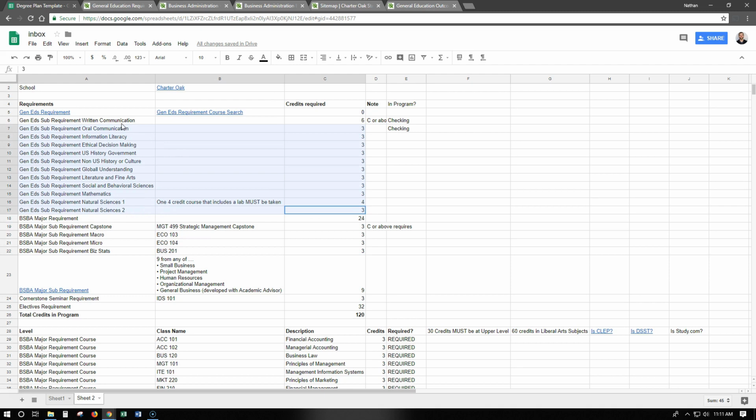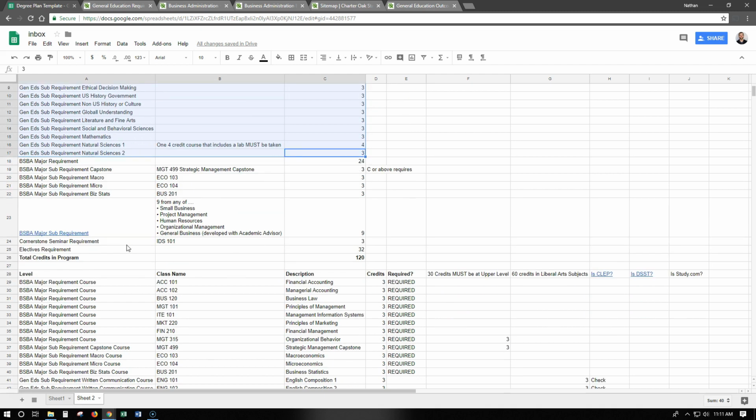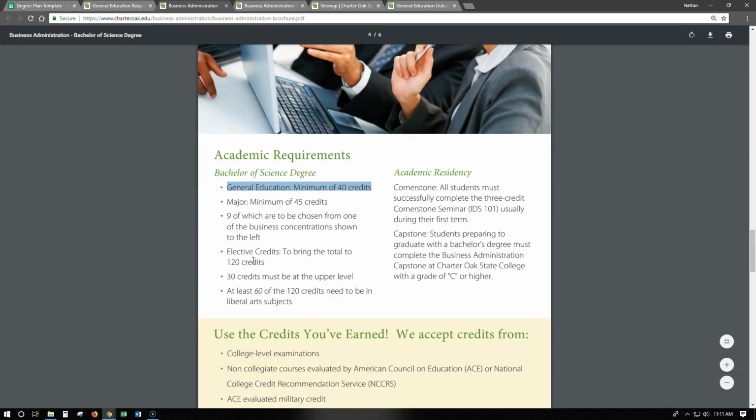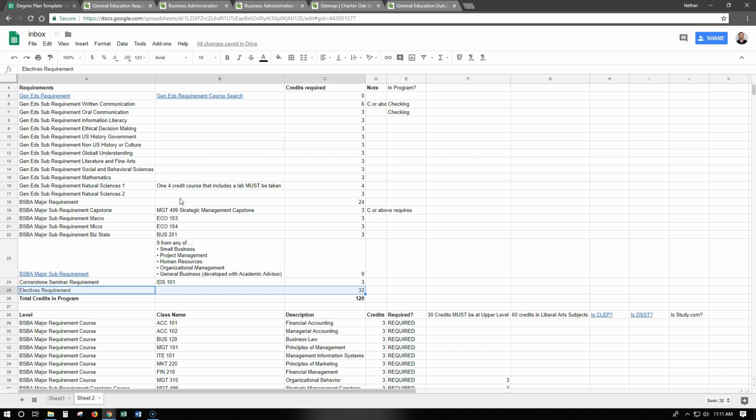We have our gen eds broken out, and the rest would be here's this cornerstone, and now also our electives. Now, to the best of my knowledge, electives are basically anything. But we also know from the brochure that at least 30 credits must be at the upper level, and at least 60 of the 120 need to be in liberal arts subjects, which means,